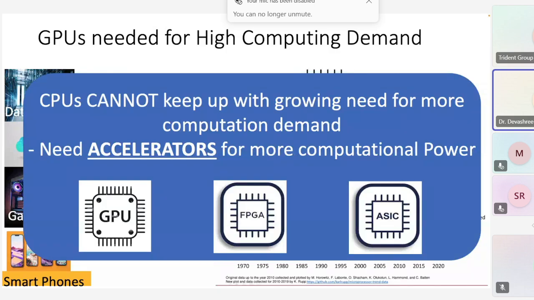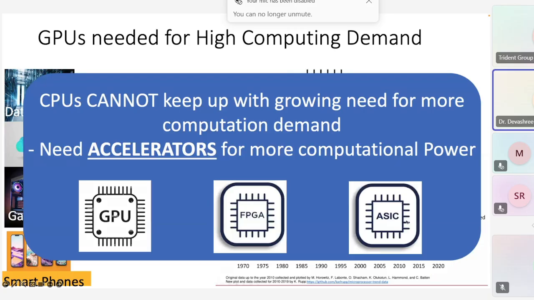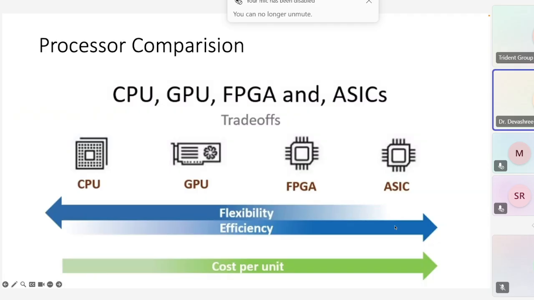The GPU computation demand means we need accelerators for better computational power. Some examples of accelerators are GPUs, graphics processing units; FPGAs, field programmable gate arrays; and ASICs. ASIC is basically an application specific integrated circuit. So a comparison between all of them will be